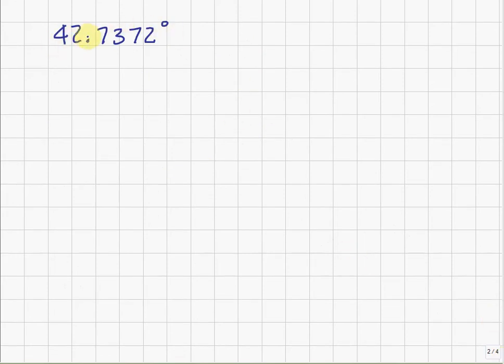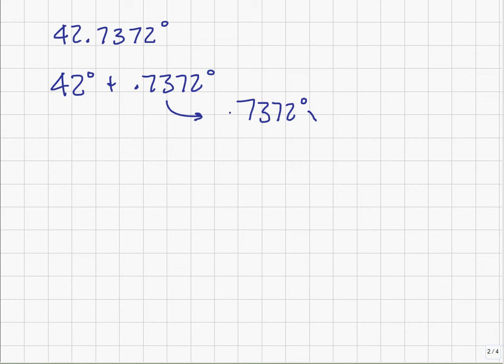When I'm converting between decimal degrees and degrees, minutes, and seconds, I find that the roll down method is the one that makes the most sense. And so I'm going to divide this up into 42 degrees plus 0.7372 degrees. And now I'm going to roll that into minutes. And so 0.7372 degrees times 60 minutes for 1 degree. Degrees cancel out. I am left with